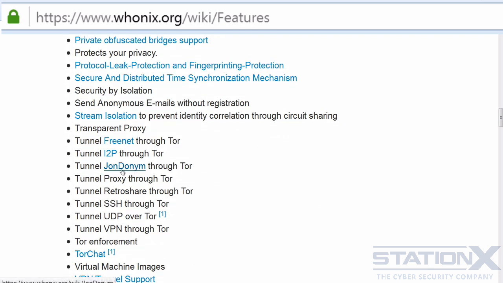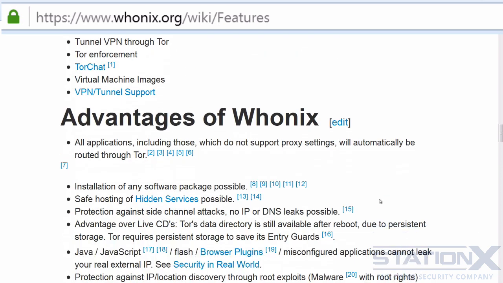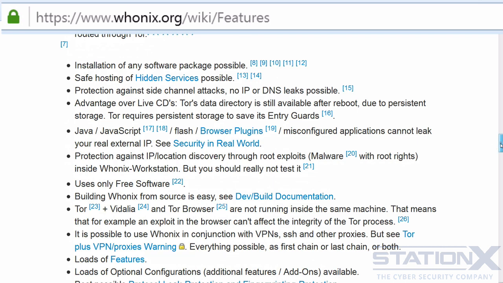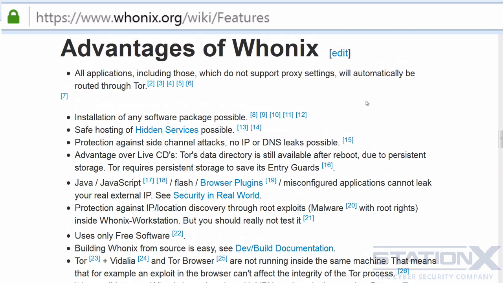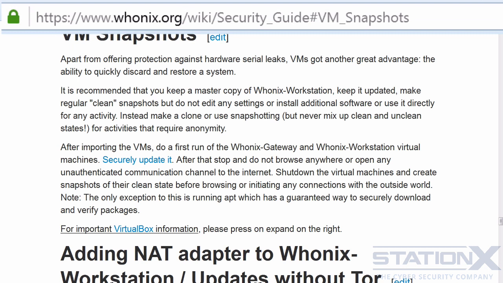Oh yes, it also includes John Doe. And it can also be used for Toring anonymizing services through other anonymizing services. We talk about that in its own section. And here it's got some advantages of Whonix. What do we think of these? Install any software package. That's a great feature. That's a great advantage over live operating systems where you cannot do that. And then a lot of the rest of this is about preventing leaks, which again is its main benefit really because of the isolation. Let me read a couple of recommendations from the Whonix site which I think are important